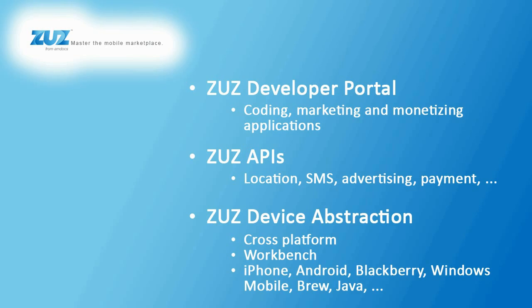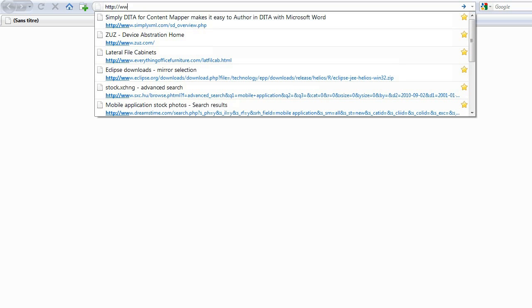Indeed, with this tool, a single code can run on all the major mobile platforms, including iPhone, Android, BlackBerry, Windows Mobile, Brew, Java, and much more. To get started with the device abstraction tools, we need to register and download the SDK. To do so, let's go to